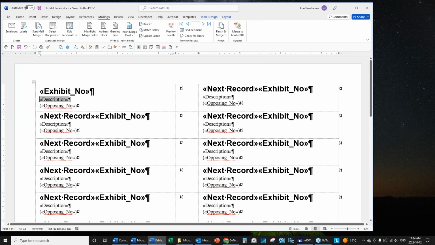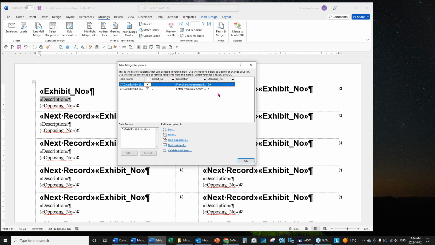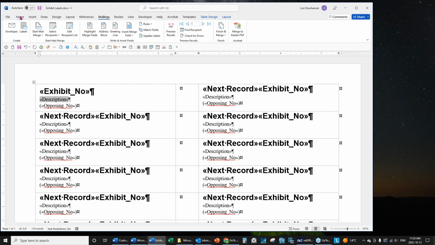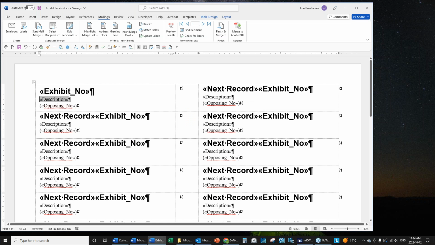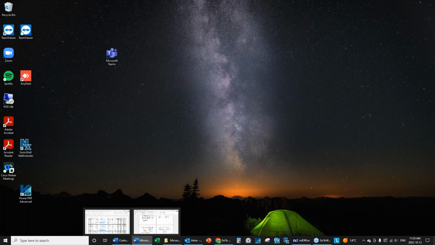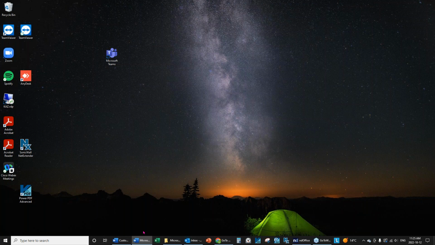So the thing I want you to realize is when we've selected the recipients, they are actually attached to this file. And how I know that is if I go to Edit Recipient List, there I see the two records added. And this actually tells me where the data source is. So I'm going to OK that, and I'm just going to close this for a minute now that I've saved that. And now I'm going to go back in